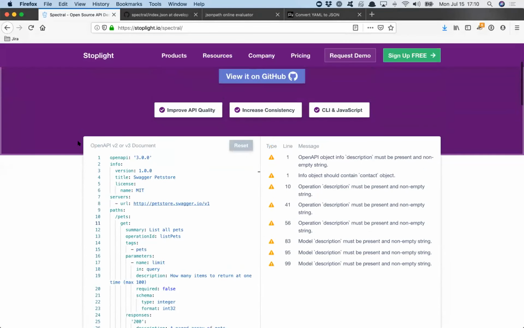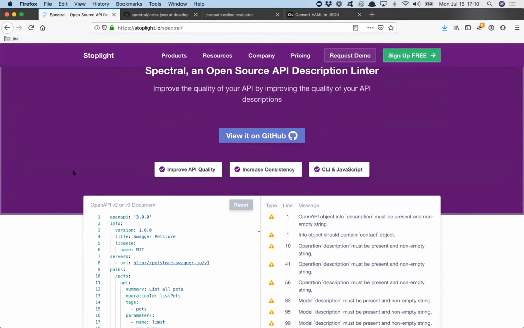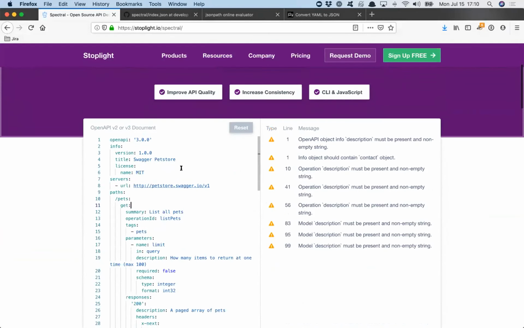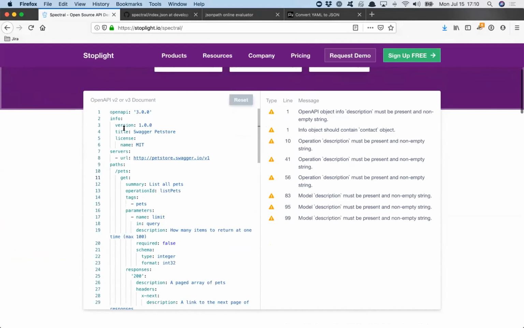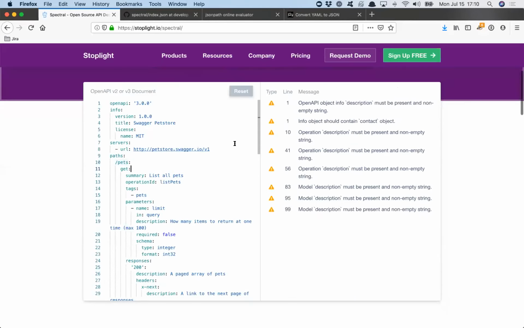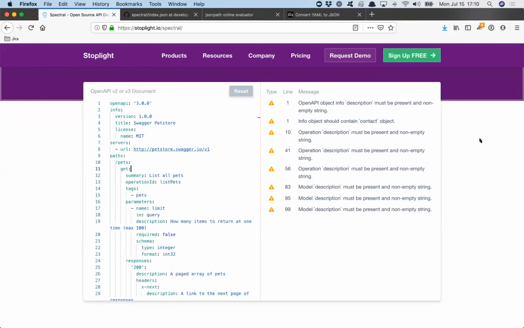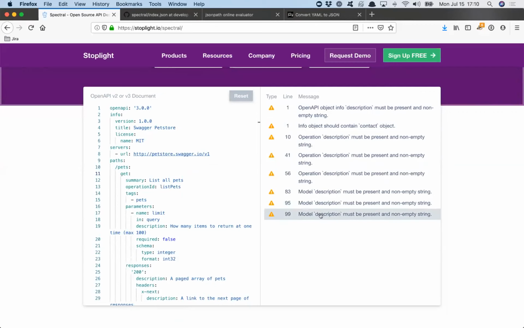So Spectral, this is our cool new website we got set up for it. You can check it out at /Spectral. As a visualization of what it can do, we have this demo on the website. And here is the pet store. If you're not familiar with the pet store, it's a common example that the OpenAPI folks like to use. It has a bunch of pet related endpoints that show all sorts of different OpenAPI features being used. So this is a default one, and the default rule set for Spectral has some opinions.